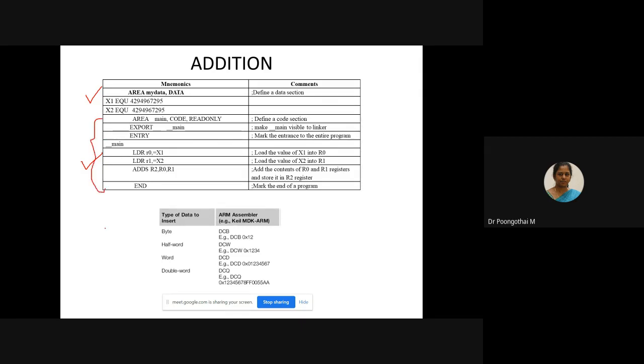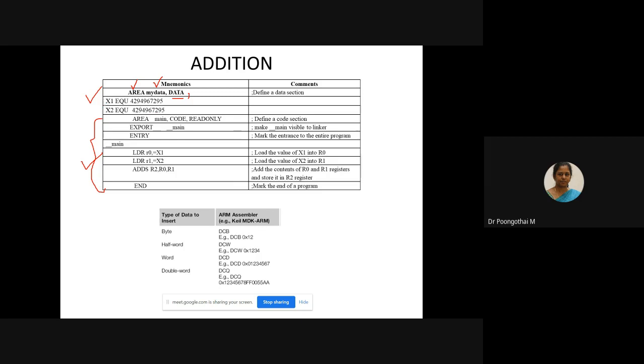For defining the data section, you have to use this syntax: define your area and give your area name, and specify the word DATA, and the default mode is read write. Under this section, you can define your data.